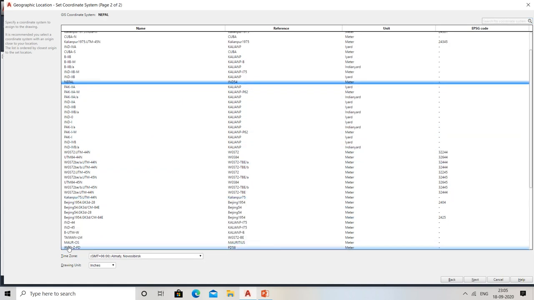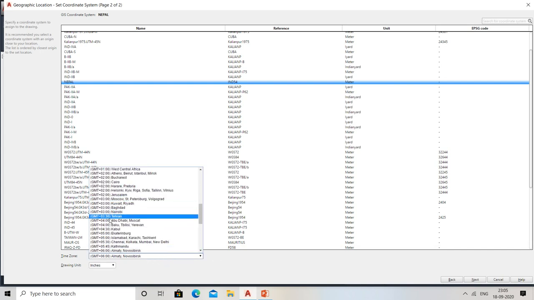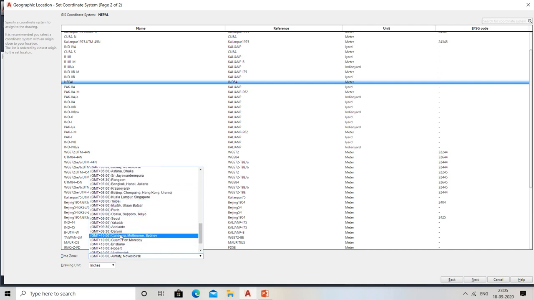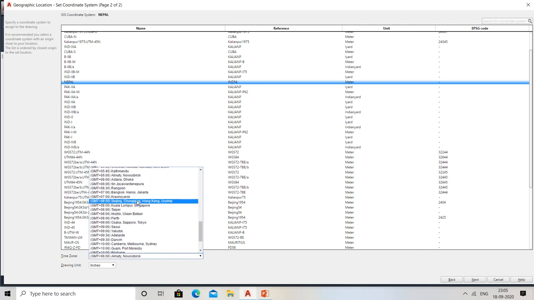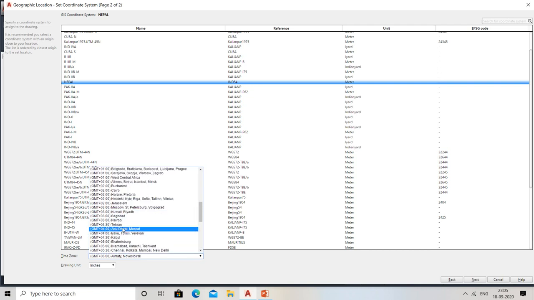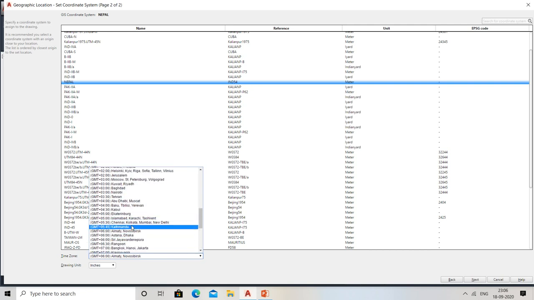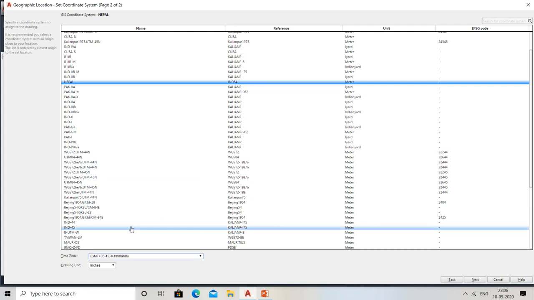So after that, the second step, what you need to do is the time zone. Just go for the time zone, and for Nepal, the capital of Nepal is Kathmandu. Just go for Kathmandu. So no need to worry. If you are measuring the distance of Visakhapatnam, then it should be in India and in Andhra Pradesh. It is not mandatory, right? So what you need to do, just go for Kathmandu. Where is Kathmandu? See here, this is the time zone for Kathmandu.